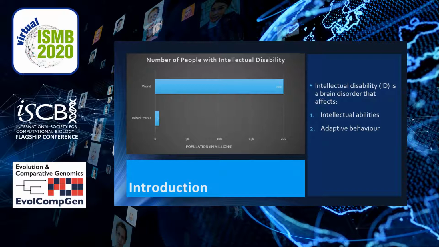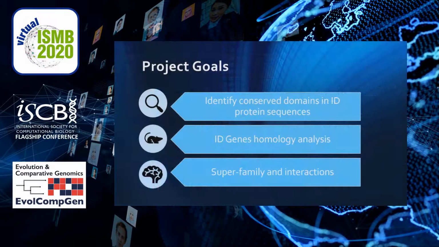ID is a fairly common brain disease, and around 6.5 million people in the US are diagnosed with the disease, just around 1.9%, while just under 200 million people are diagnosed around the world with ID. It is a troubling phenomenon for those with the disease, and unfortunately, there is no effective drug available to cure ID fully yet. Jumping into our project, the 3 main goals we had throughout the research process were: